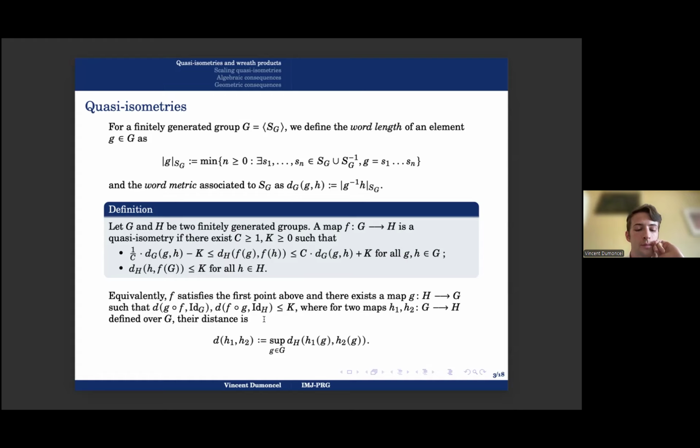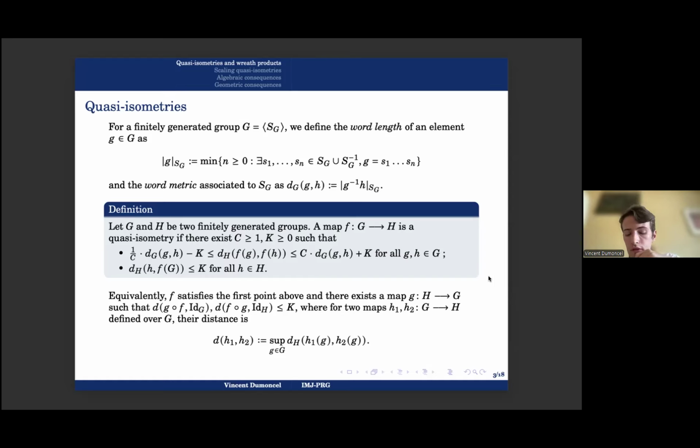It is just the L infinity distance, the uniform norm. So you just declare that the distance between H1 and H2 is the supremum over all G in G of the distances in H between H1 of G and H2 of G. So this is the first object that we need